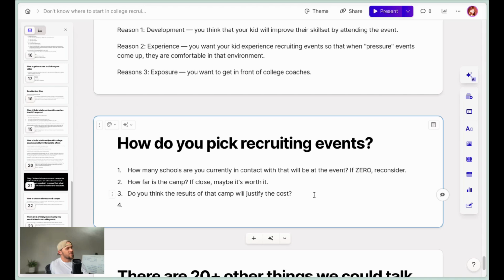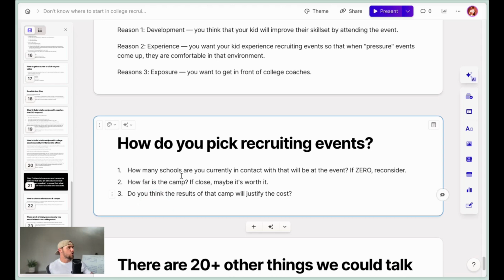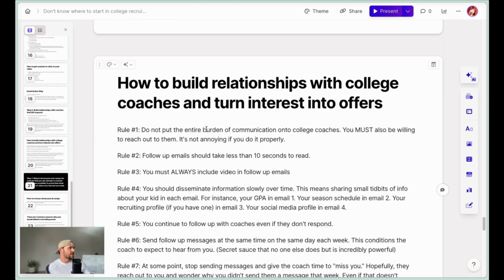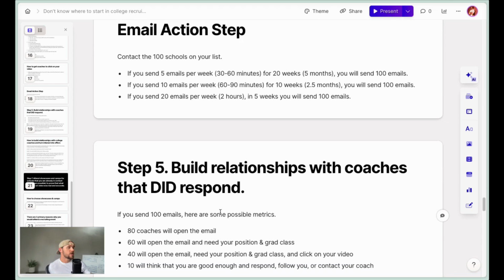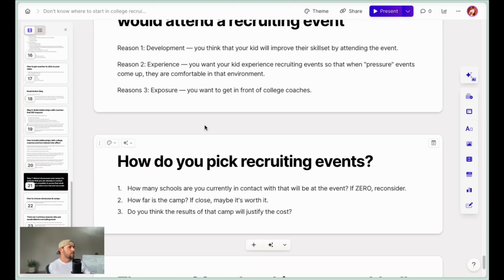If you immediately go, well, it's probably not, just don't go. Just don't go, right? The goal is to use the interest that you generate in email and with social media to then pick recruiting events that are worth your time and money. Because guess what? If you show up on campus